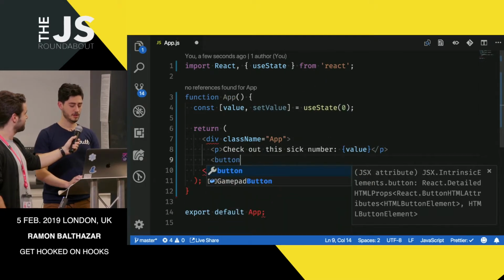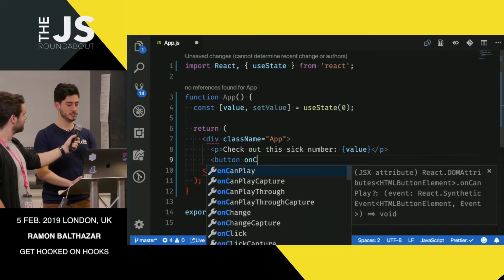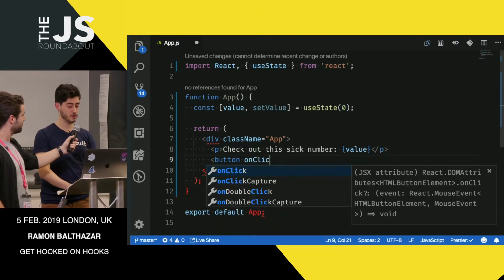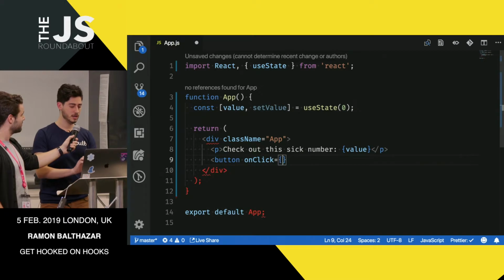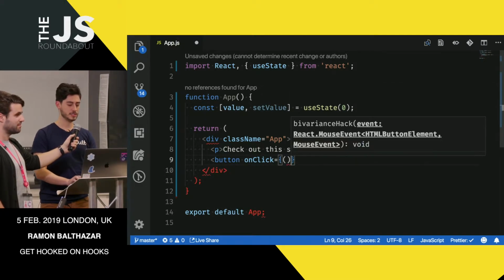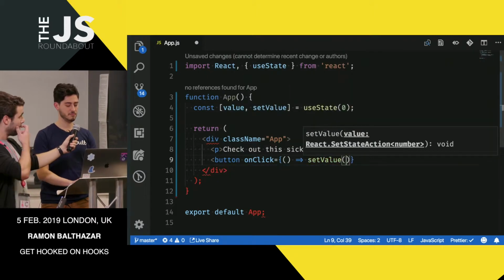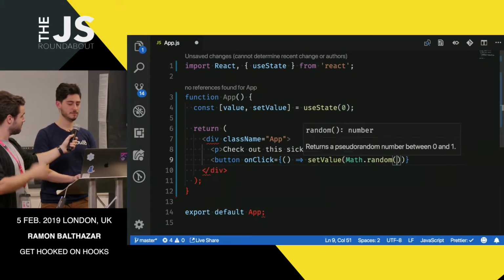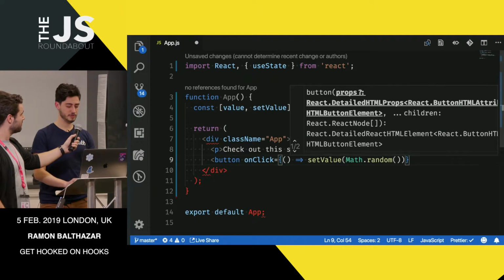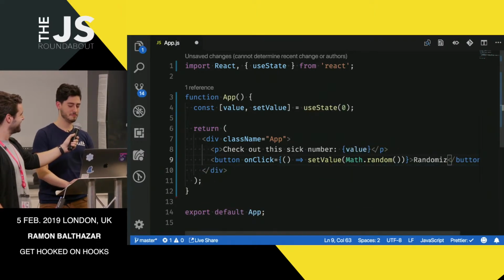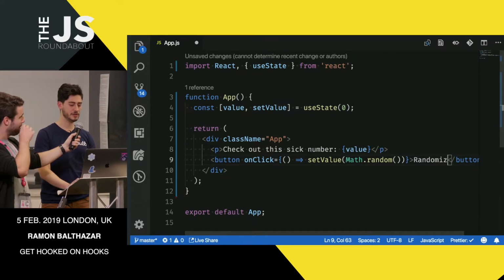And we've got a button to set the new value. So when we click the button, we're going to set the value to some random number. Set value to Math.random. Oh my god, this needs to work. Randomize. I hate that in the UK everything is with an S. Randomize.